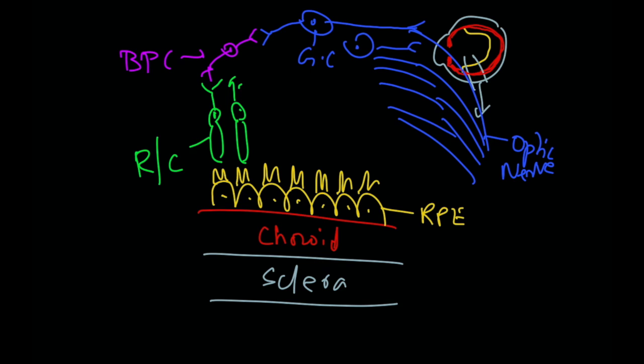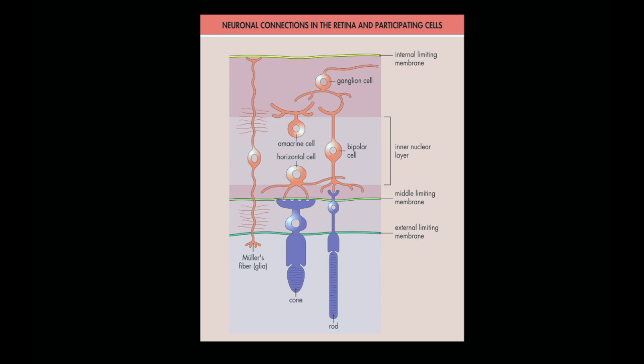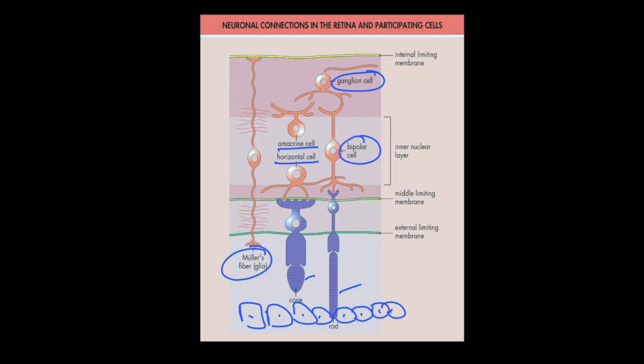I hope this makes very clear, right? So 4 cells: RPE, rods and cones, bipolar cells, ganglion cells, forming the optic nerve is the final thing. So coming back, understand, here I am going to have the retinal pigmentary epithelium, rods, cones, okay? These are the bipolar cells, ganglion cells, and apart from that, there are some extra cells called amacrine cells, horizontal cells, the big Muller cells, forming a supporting role or guest role in this picture of